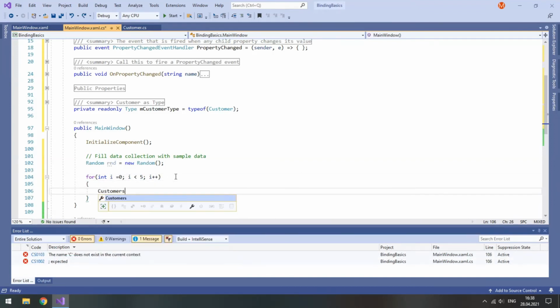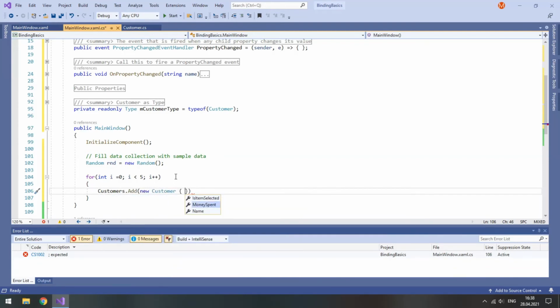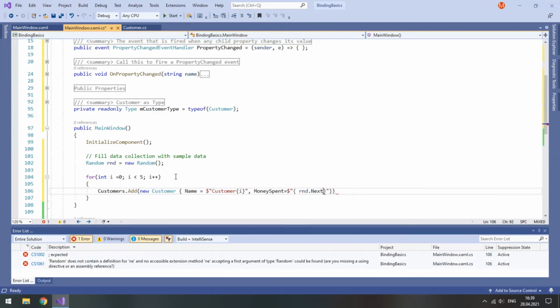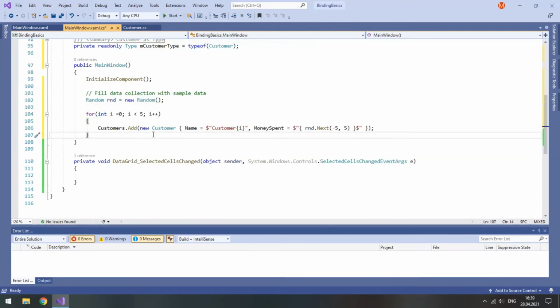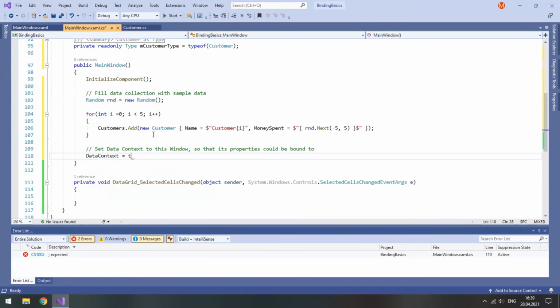So our collection customers, add new customer, and here name is going to be customer I, and money spent will be equal to rnd.next from -5 to 5, and the dollar character, again as it was written in the comment, and a semicolon. And absolutely necessary step is set data context to this window or your view model so that its properties could be bound to. So set data context to this.